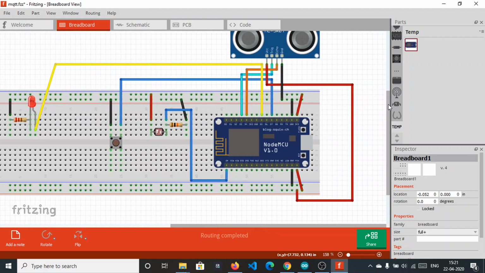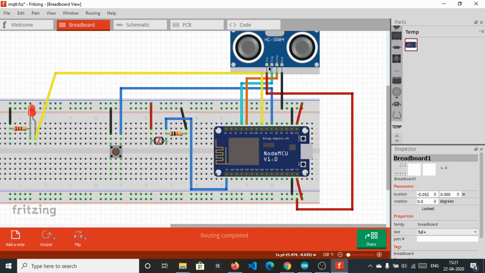And apart from it, let's see the connection of the ultrasonic sensor. It's VCC, ground, trigger, and echo. These are the 4 pins. VCC is connected to this VIN pin. You know that there are 2 types of NodeMCU boards, Lolin and Amica. The Amica boards don't have a 5 volt supply, and on this Lolin board you can use 5 volt by simply using this VIN pin and connecting it to VCC of the ultrasonic sensor, and ground is connected to the ground. All the VCC and ground should be common.